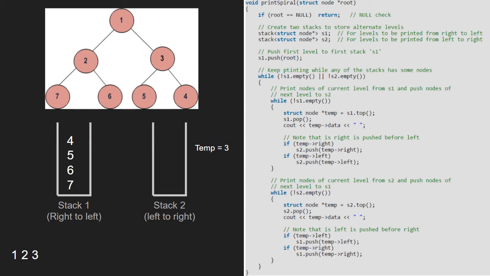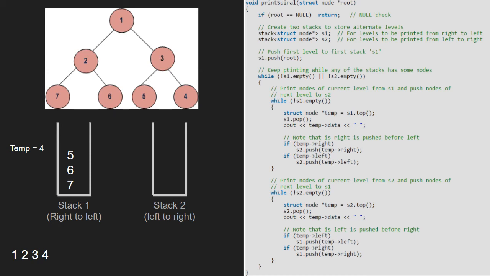As stack 1 is not empty, we enter the first inner while loop. Now temp will point to 4, which is the top element in stack 1. Next, we pop 4 from the stack and print it. Since left and right child of 4 is null, nothing is pushed into the stack.